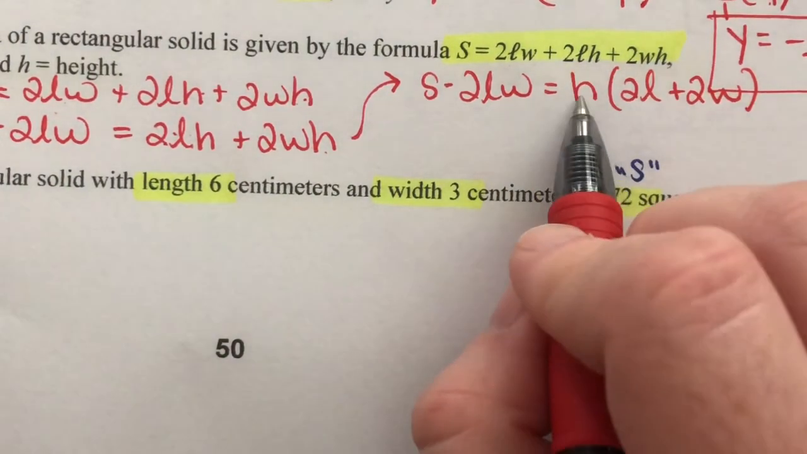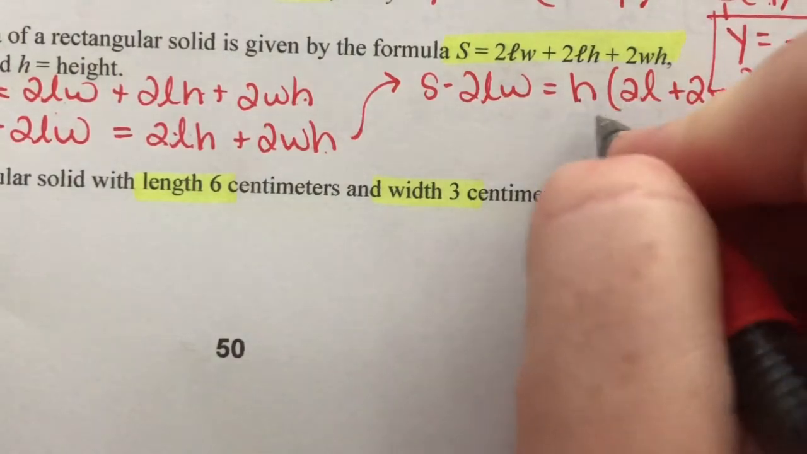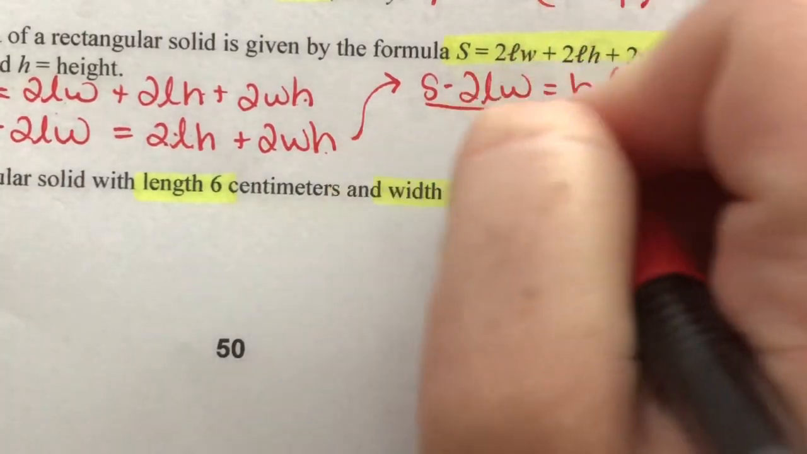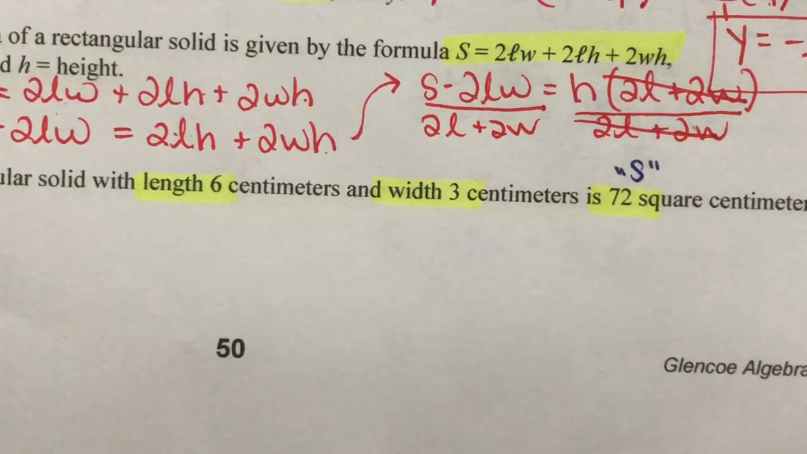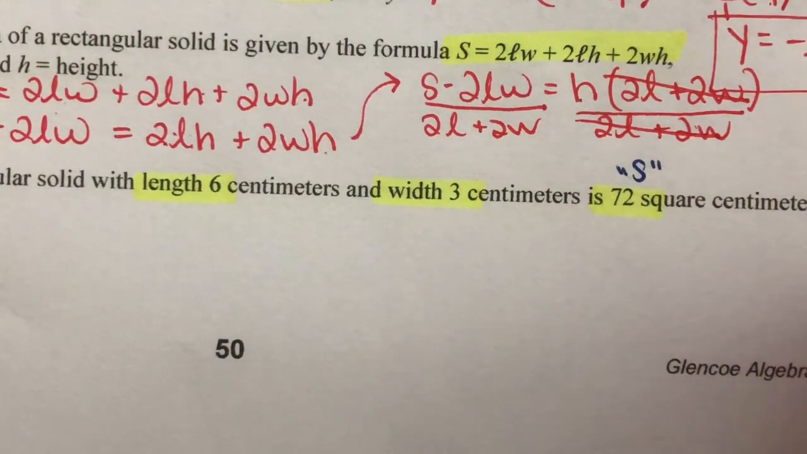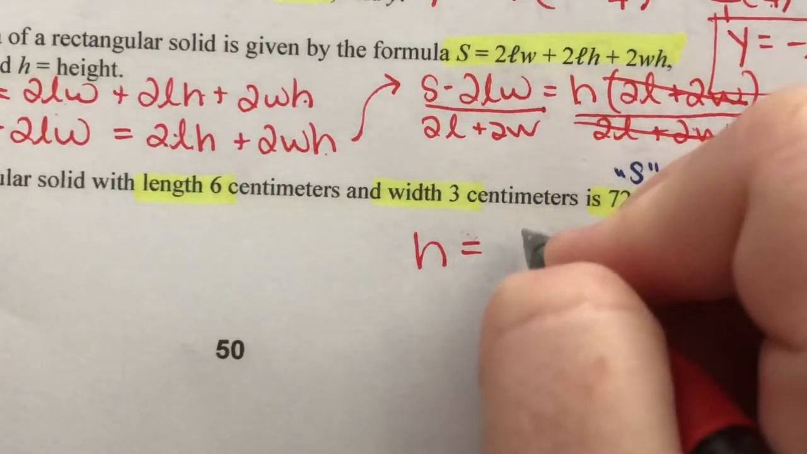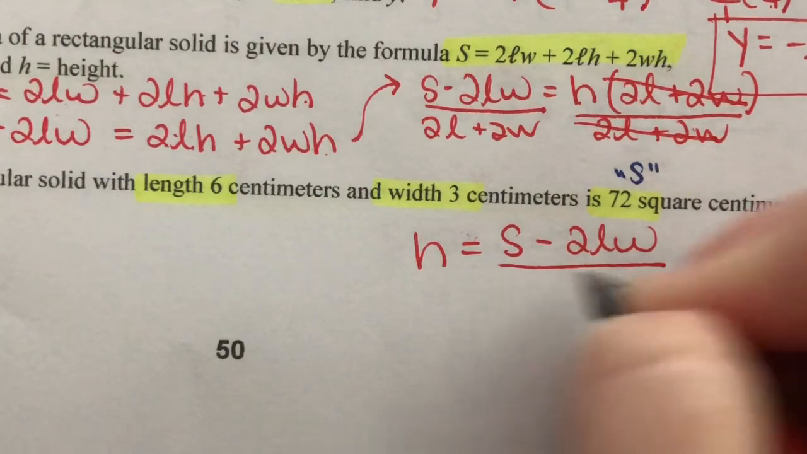Okay, so now here's H, but it's being multiplied by the parentheses. I want it by itself, so I'm going to divide by 2L plus 2W, and I've got to divide this side by 2L plus 2W. And over here they cancel. So I'm left with, I'm going to put it down here, H equals S minus 2LW all over 2L